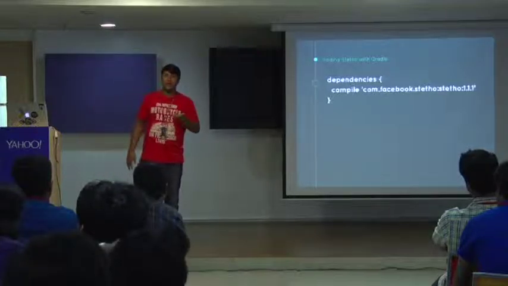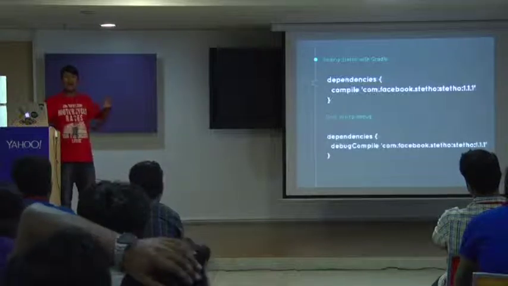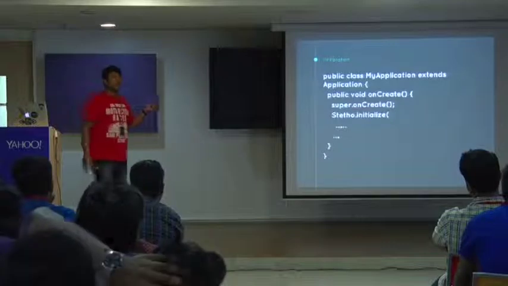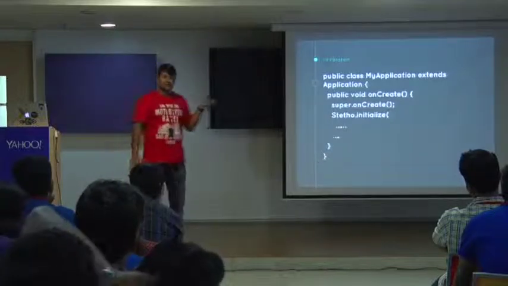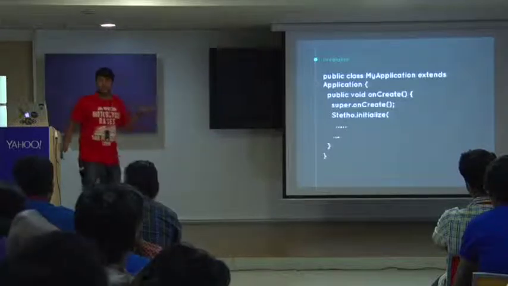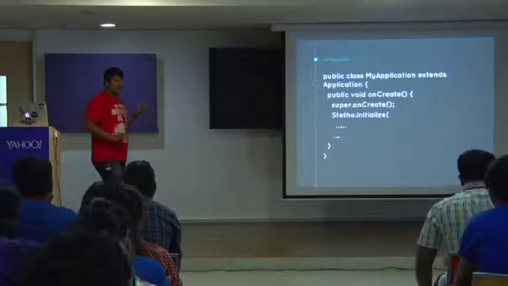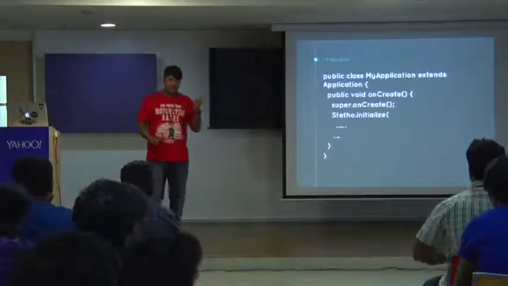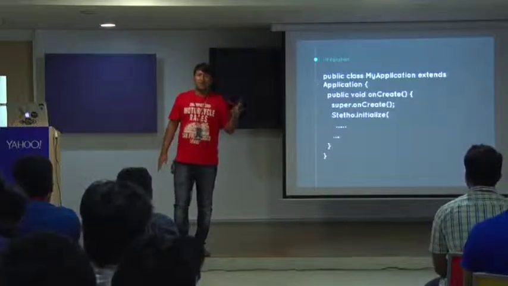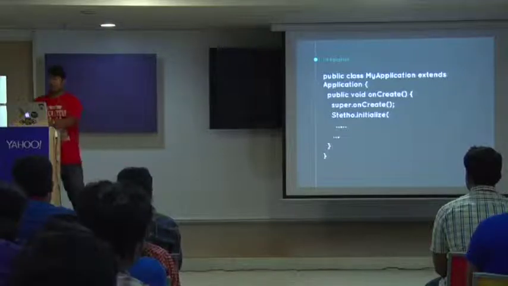If you don't want to put it in your production builds, you can just do debug compile, right? And with this, Stetho will be added. All you need to do then is initialize Stetho in your application class, and you can start viewing a few of the functionalities which we talked about, like the database and the shared preference. Just with these 2 lines, you can see 3 things: the database, the view hierarchy, and the shared preference. For the network thing, we have to make some additional calls. So let's see it in the code.